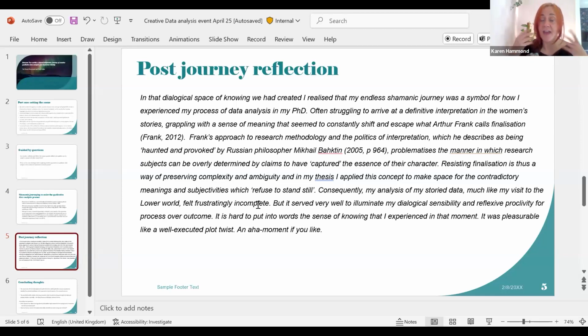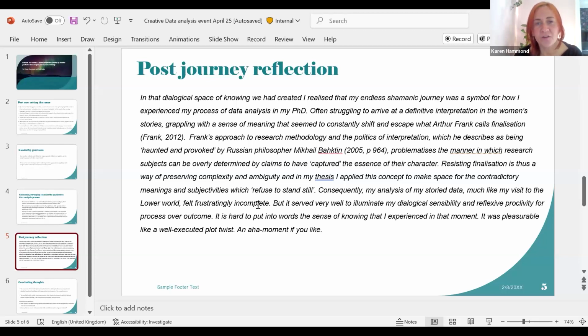And it was very real and very visual to me, to my surprise, because my fear had been that I wouldn't actually experience anything and I wouldn't have anything to talk about. Thankfully, that wasn't the case, and I really did gain something very meaningful from it. So I'll read out my post-journey reflection.